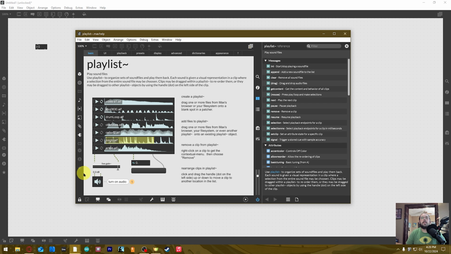And if we make sure audio is on, press playback. There we go. That was a little loud coming out of my speakers. But we can trigger all of that. We've got the volume going to the signal. Down here, these are the playlist cues. So you can see basically it's just saying what we're doing, what we were doing it to, and that's pretty much it. So if I come up here to this first one and press play,